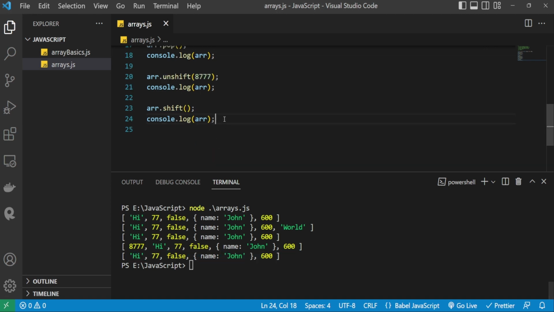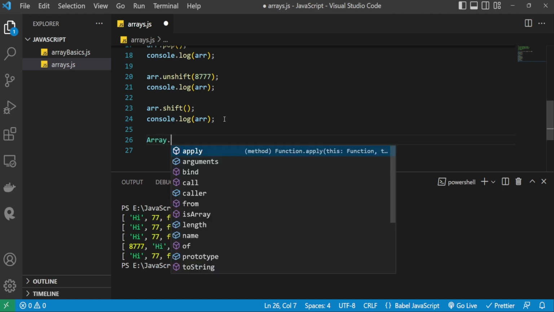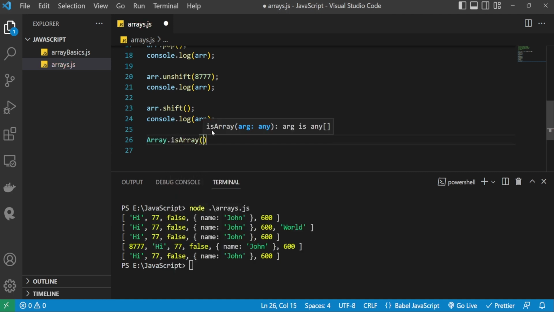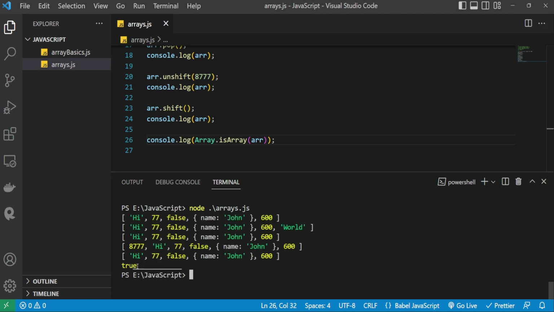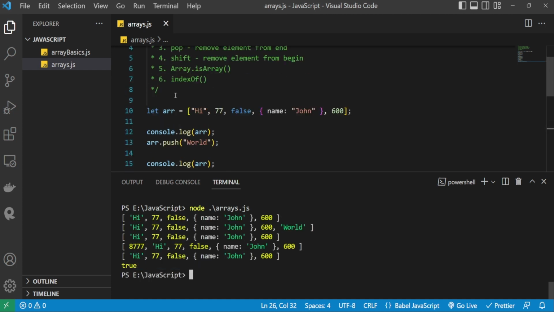Then the final methods we have are to identify whether the value we created is an array or not. That is the array.isArray method, in which we have to pass the array value which we have created, that is this, and console it onto the terminal. This will return a value true or false. If the created value is an array, it will return true. If the created value is not an array, it will return false, like this. Let's see that onto the console by using console.log. Executing the code, now we can see the created value is an array. That means this value which we created is an array.